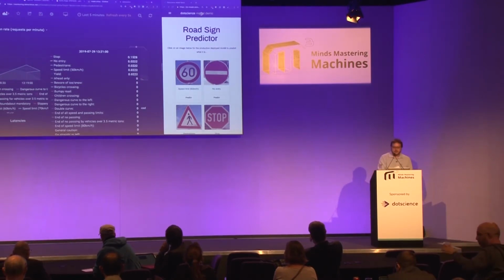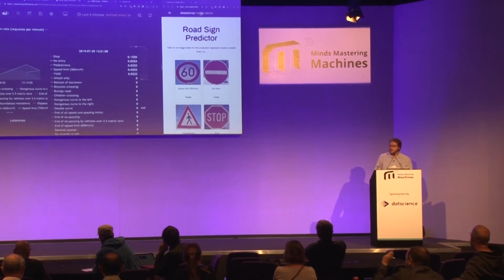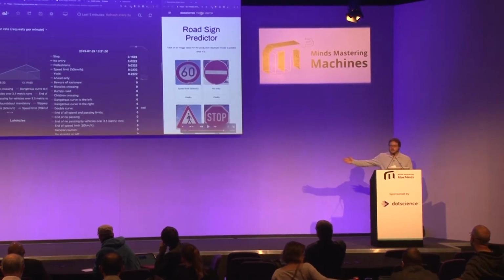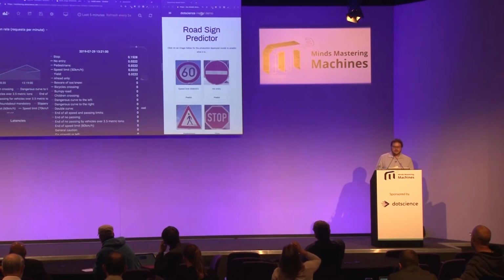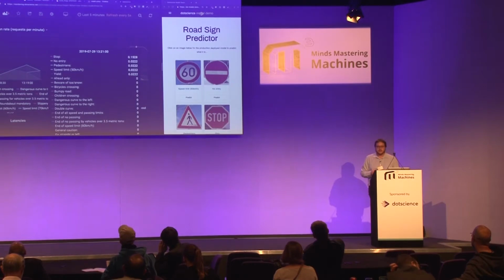In this example, there's a little app that you can send different road sign images to the model in order to simulate the model driving around looking at things. And you can imagine that you could set queries in the PromQL language in Prometheus to say, well, if the proportion of stop signs that my fleet of cars that's constantly driving around the world is seeing drops below a certain threshold, then page a human,